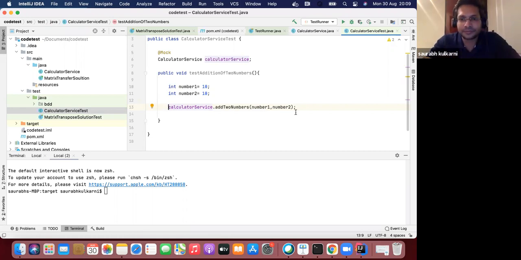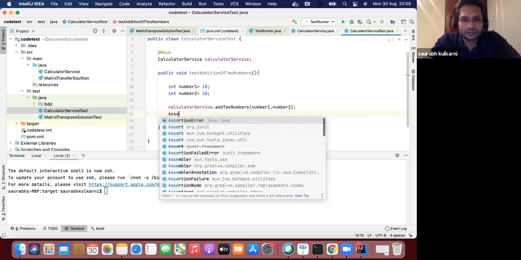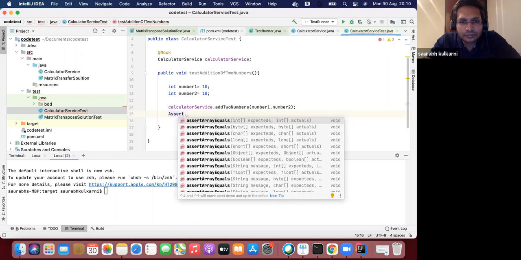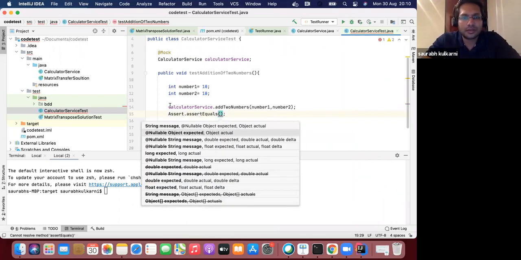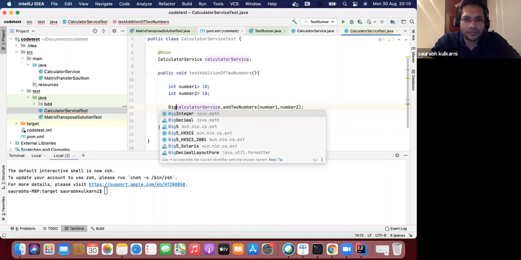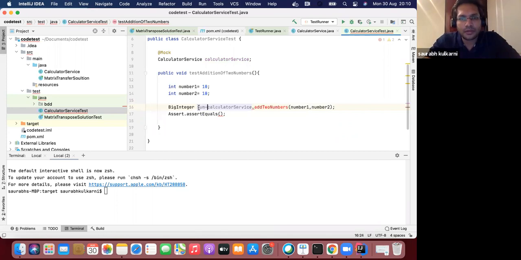So this is okay. So assert should equal to BigInteger of okay.